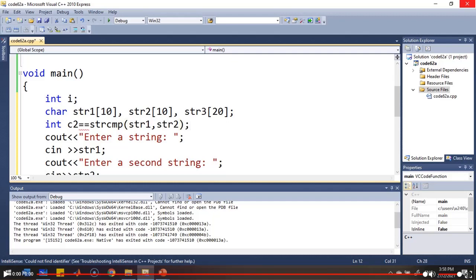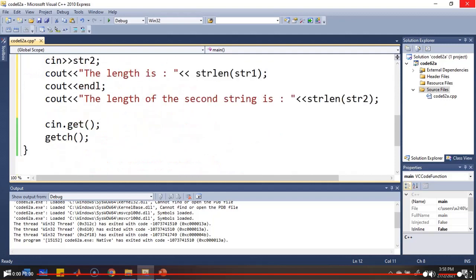Okay, this c2 here is of type integer. Now I can put an if command here. If c2 equals 0,